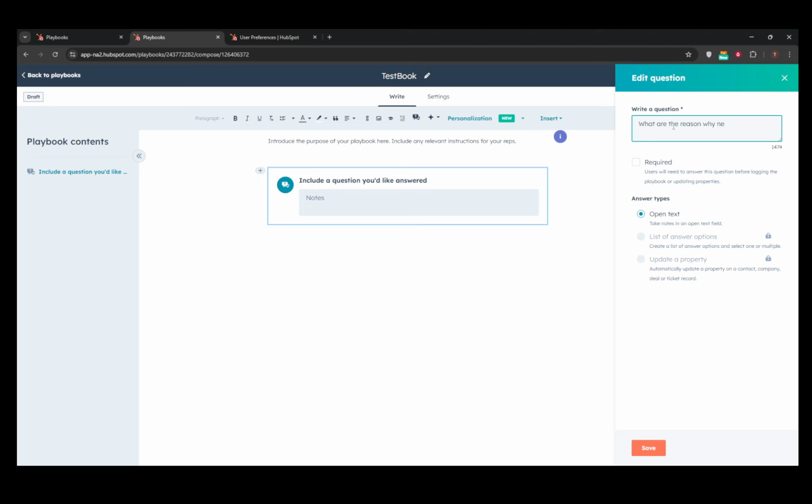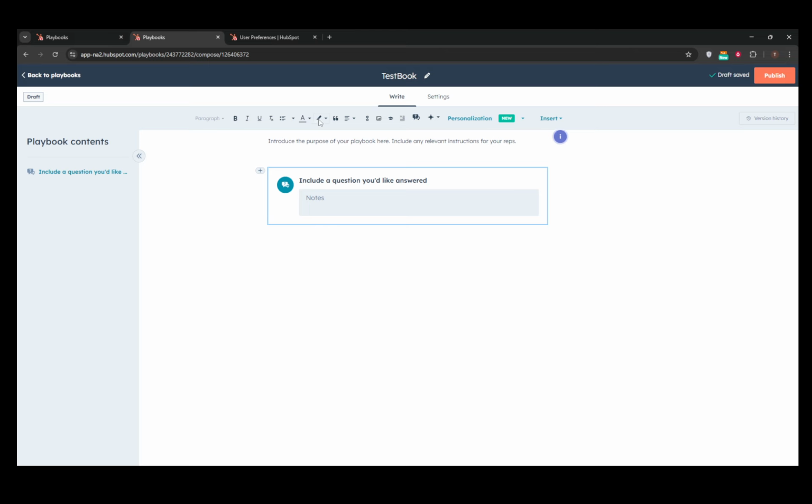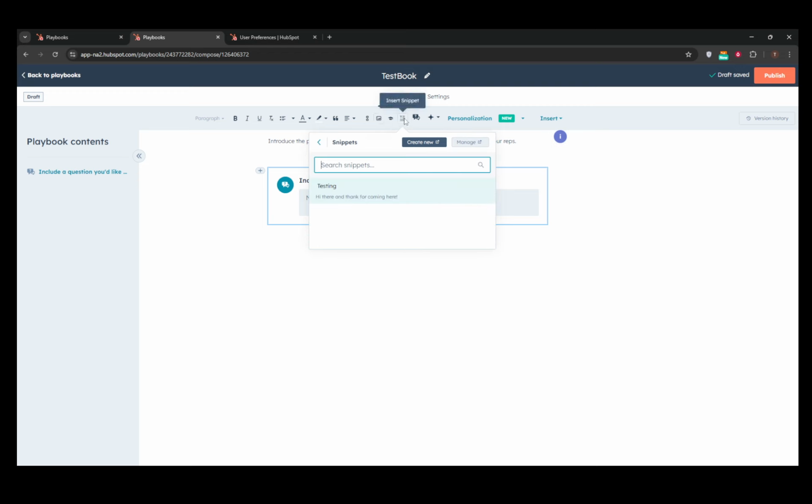HubSpot's toolbar offers a range of options for you to insert snippets, which are particularly handy for reusable text. You can also include knowledge base articles or links, and even images or videos if they add value to the interaction. For enterprise users, there are advanced options available, such as Q&A fields with choices between open text, multiple choice, or property updating responses. These interactive elements ensure that your team is not just following a script, but is engaged